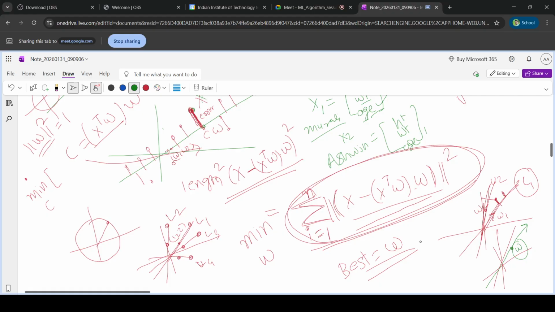As I mentioned, here you are calculating this length, and this length, and you are doing the sum for all. You are doing this length calculation, sum for everything, so that's why this summation. This length is nothing but the error, and you are doing the length square, so that's why square, and you are just doing the summation of everything. If I just solve this, because it's x square, so x minus x transpose W and W square, if I actually solve it,